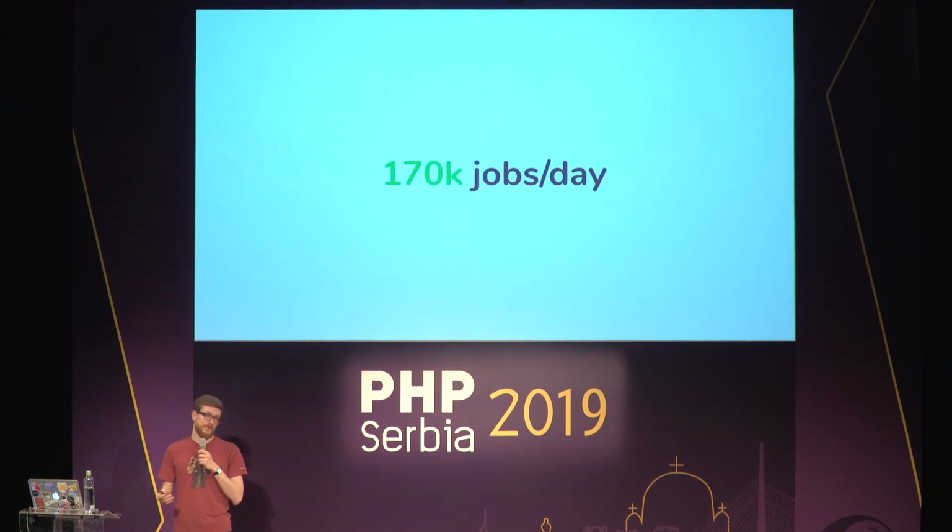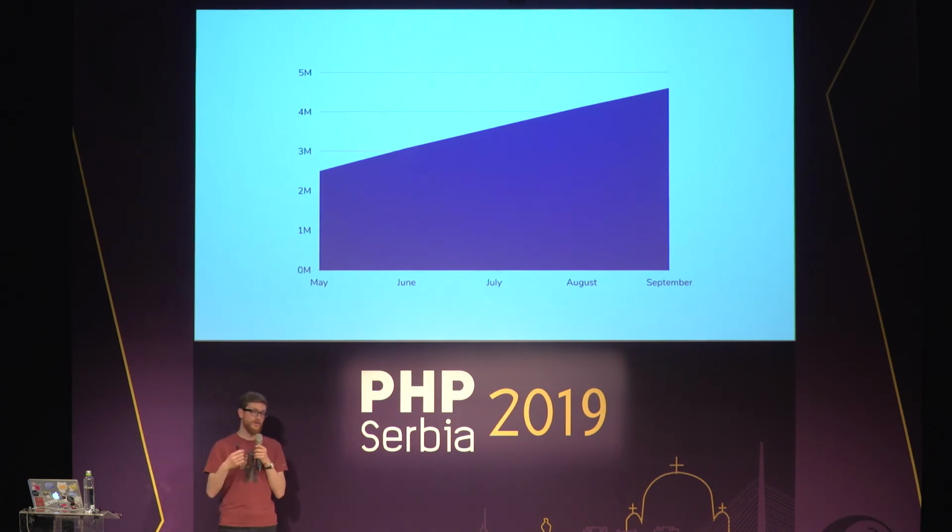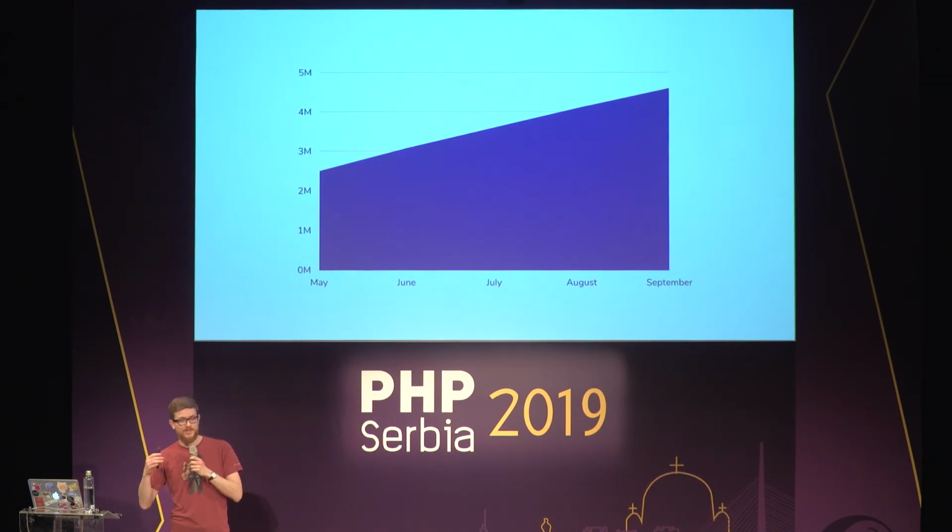And it was running fine, but the startup was growing. This was last summer, they got more and more clients, pretty great, more and more jobs to run, and they started having scaling issues. They started having trouble adding new servers and keeping up with the clients and dealing with all the errors, and they started having a pretty huge Amazon bill. So they started to look into Amazon Lambda, and I said to him, hey, give it a try.